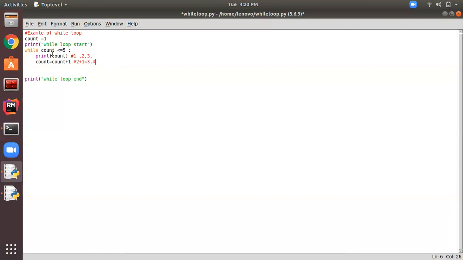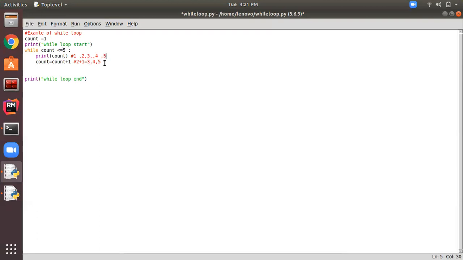It goes on to the condition part. Since 4 is less than 5, it comes to the print statement and prints it. And in the next part, after increment we get the new value as 5. So again it comes to the condition, and since count is equal to 5, one more time it executes the statement and prints 5.